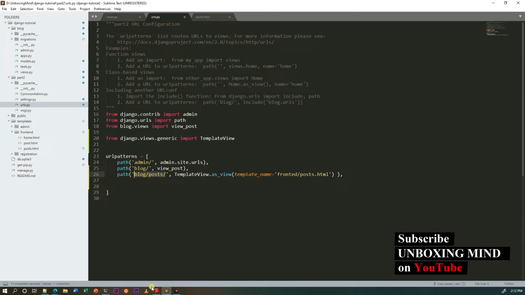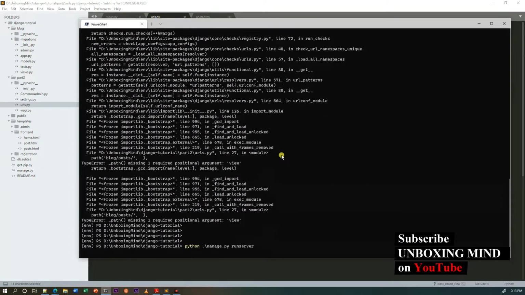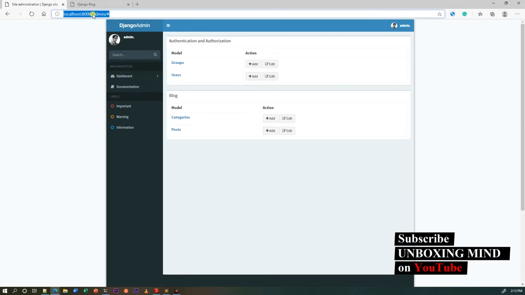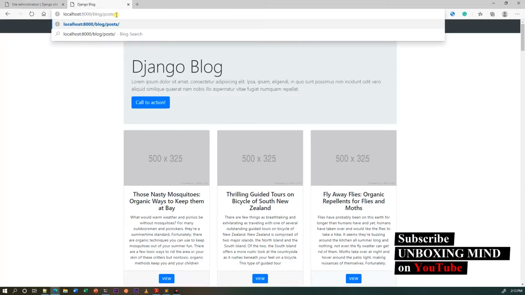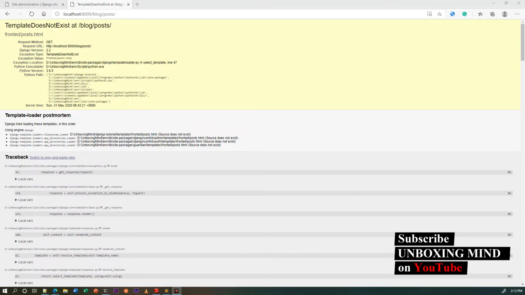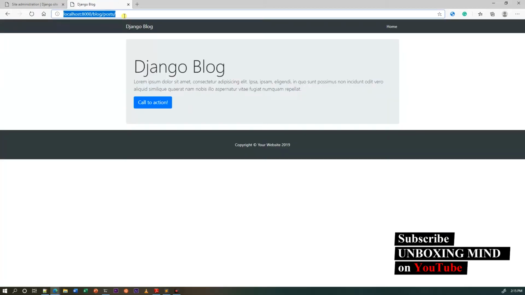Now I'm going to open the browser and change the URL to post. There is an error that the template is not found. You can see there's a hello printed, which is already in the view.html, and if I type some random HTML code here, something like this,